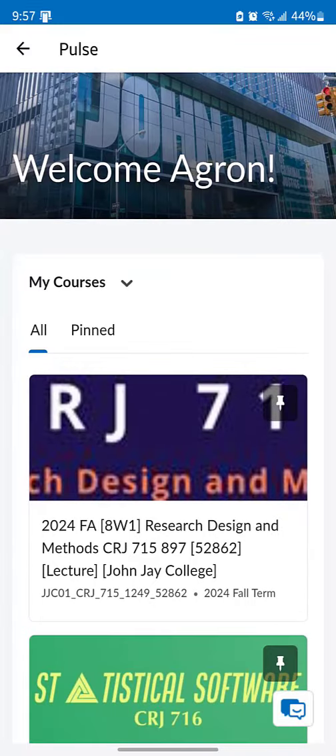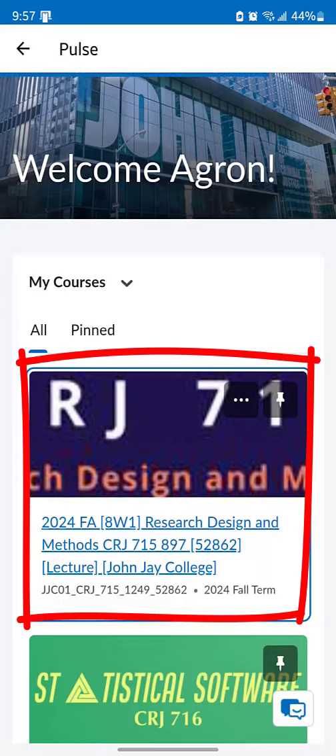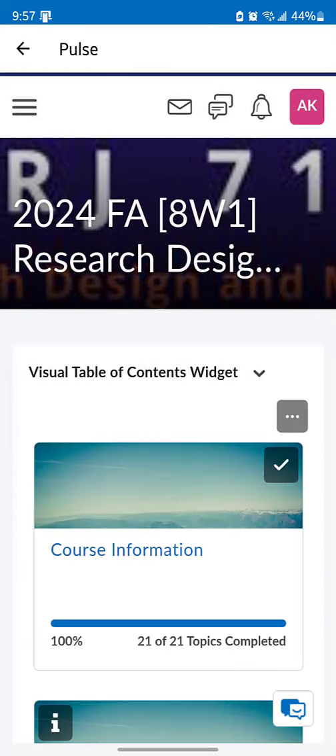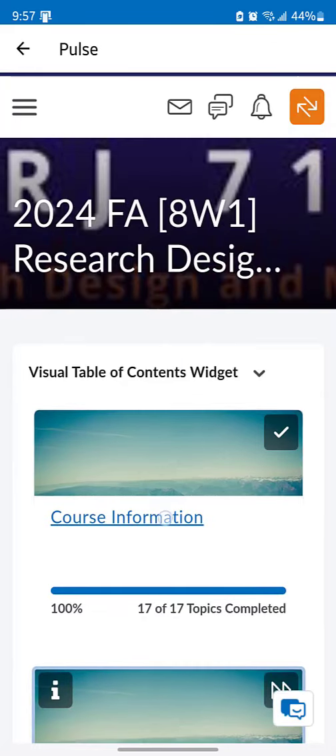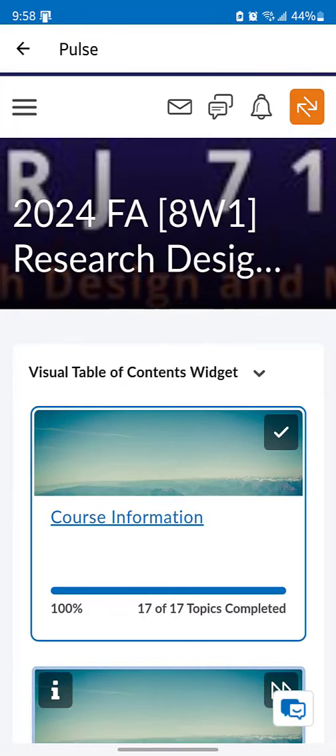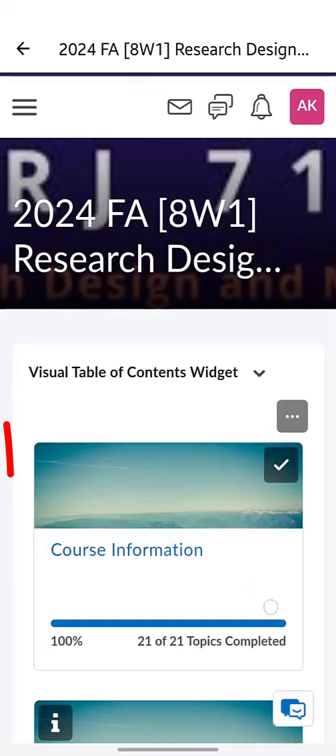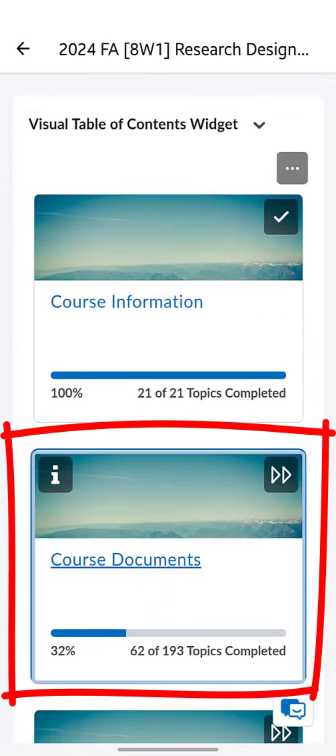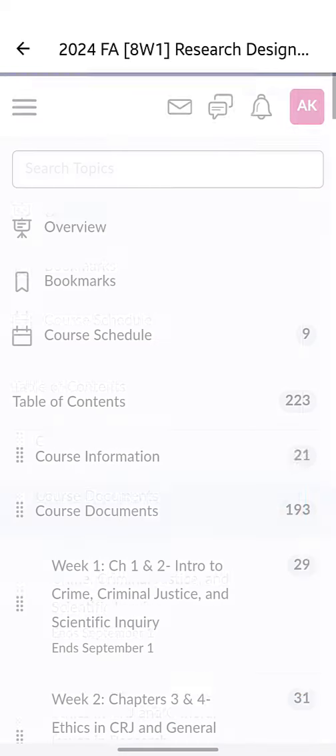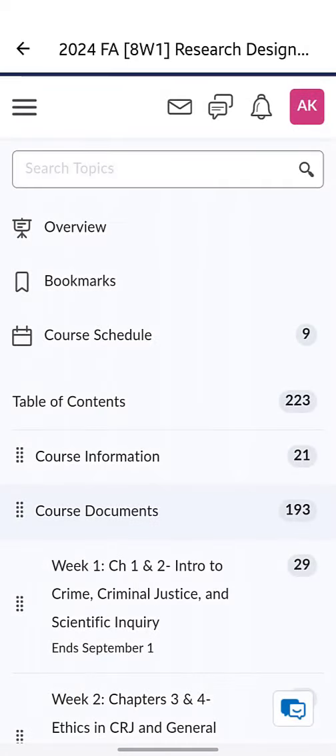You'll see all the courses you registered for in this semester. Click on CRJ 715 and you will see the tiles, course information, and course documents. You can go to course information, look at all the items that you see on your computer. Going back, if you go to course documents, you can view everything here, all the lessons, and you can also